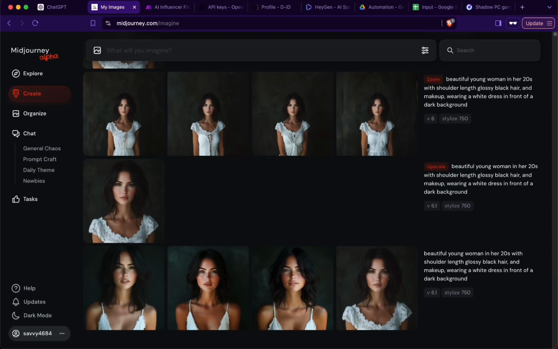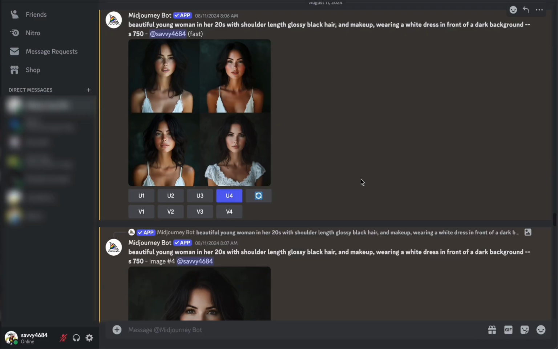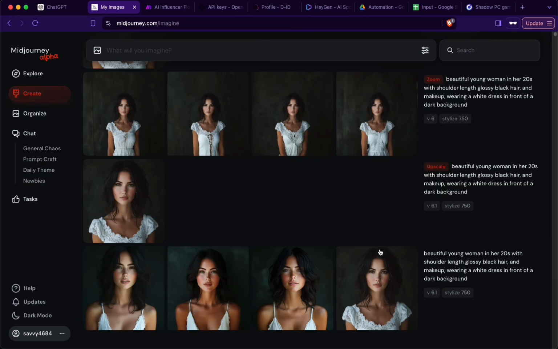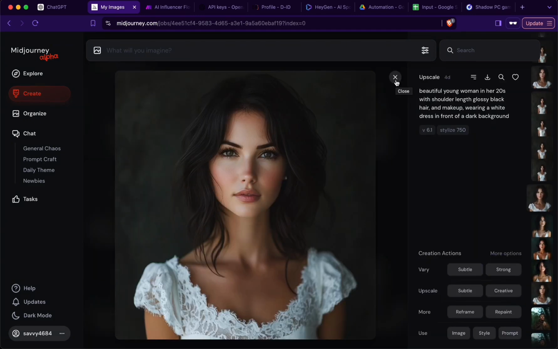So for Midjourney I'm using the alpha web version right now, but if you're just starting out, then obviously you will be inside of Discord. Now initially I started out with prompting Midjourney to create me an image of a beautiful young woman in her 20s with shoulder length glossy black hair and makeup, wearing a white dress in front of a dark background. Once I had an image that I was happy with, I upscaled it, and now the important part is we